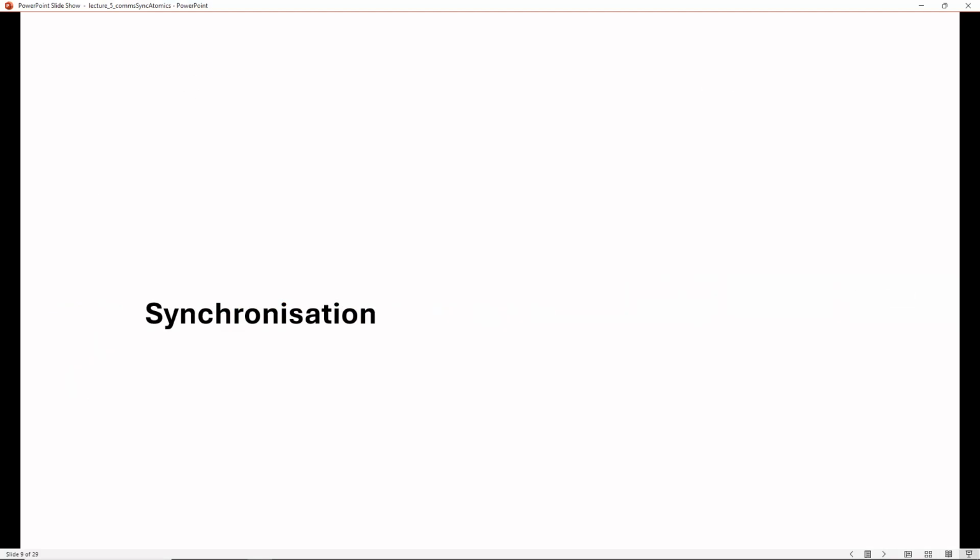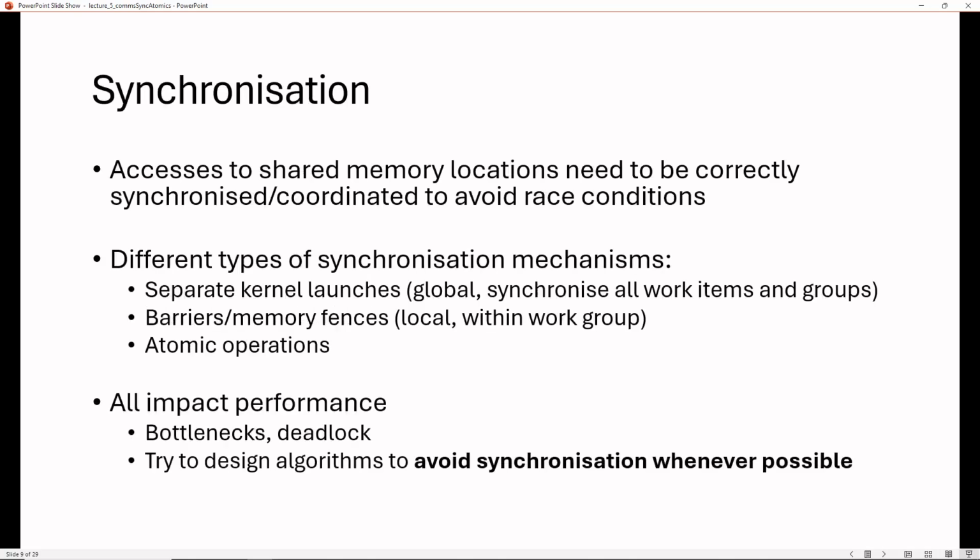So there are many ways of doing synchronization in CL and in different systems. We'll talk about 3 of them. The point of synchronization usually is that you're waiting for access to some resource, some result stored in a resource. But the result has come from your neighbours. In CL, that typically means a shared memory location. It typically means you're waiting for everyone to do something and write a result into a shared memory location so that it's available